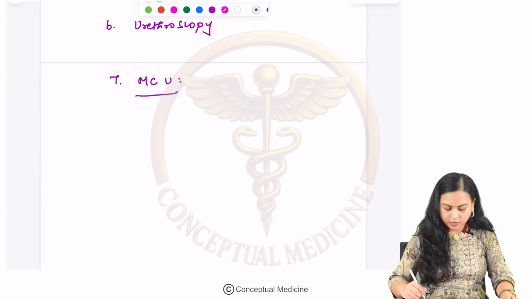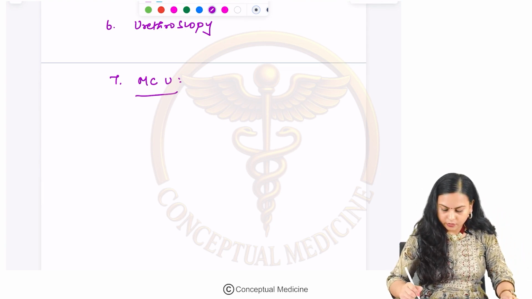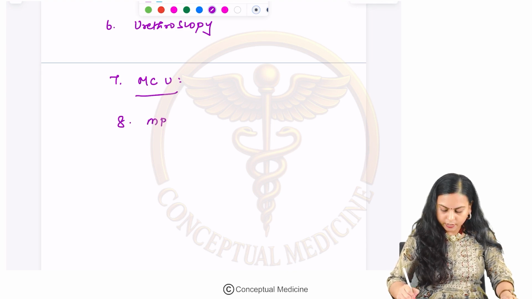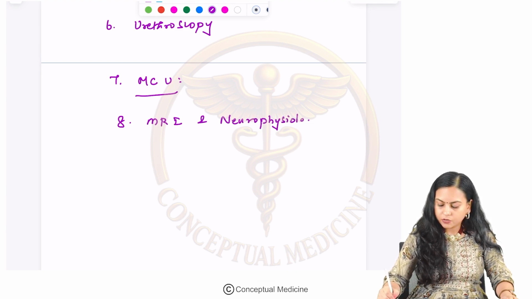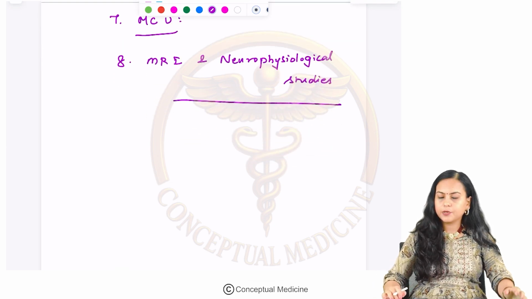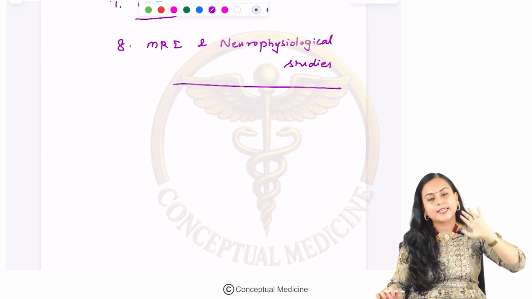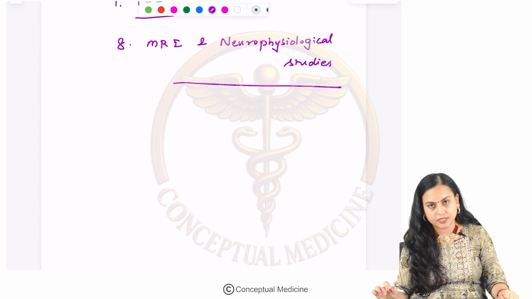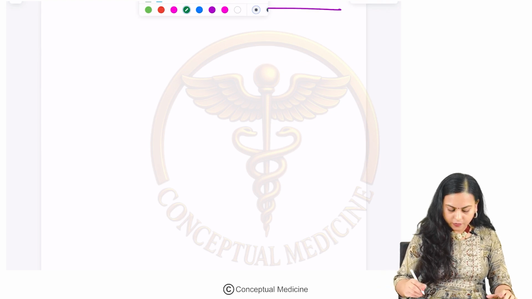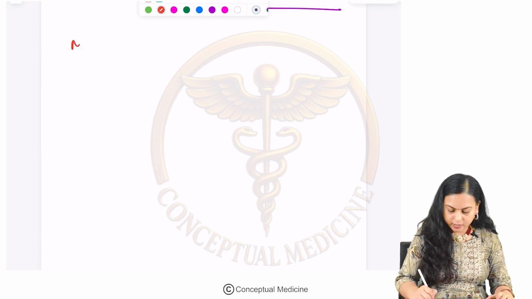Okay. And then you can offer them an MRI and neurophysiological studies as well. Okay. So, this will help you in finding if there is any defect in the pelvic floor muscles. Clear? Now, let's discuss the